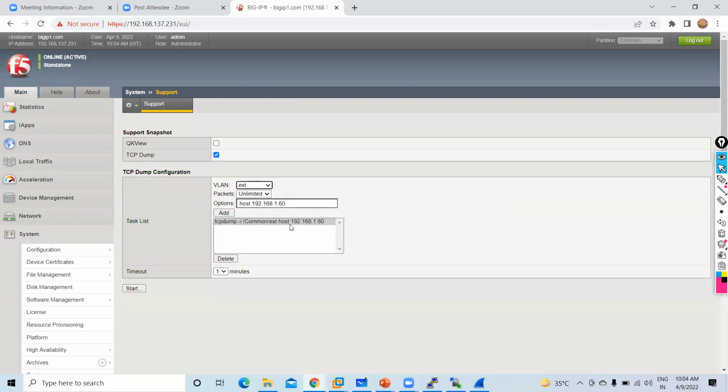But here, guys, if you want to capture a particular interface, you can do it here also. But here you need to mention it, and that's why it's easier to collect captures using the CLI rather than the GUI. So that is how you can capture total in and out traffic using tcpdump. tcpdump is a utility to capture